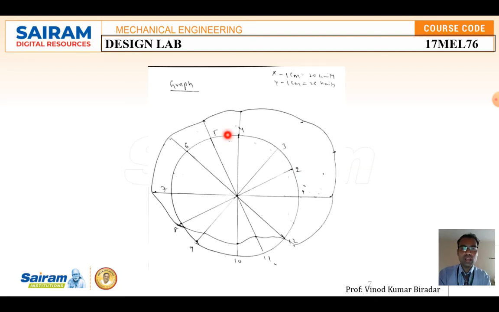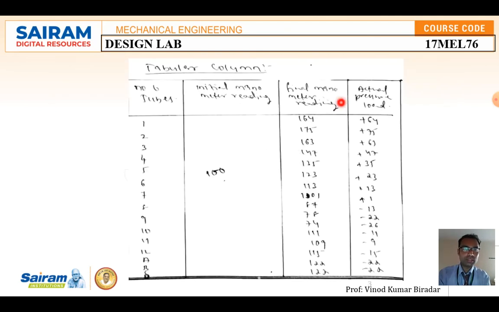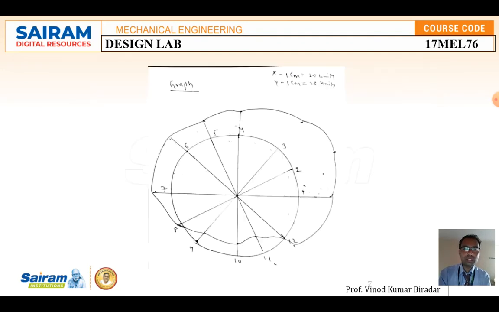Okay, so next, how are these values going to be plotted? Just draw the line and extend all these lines. Here the first value is what? In the first experiment, here 6 is there, 6.4. So at 6.4 you cut one arc on the first tube. On the second line you cut 7.5, and on the third you cut 6.3, and the fourth value 4.3. So for each tube, each pressure head is there, so cut, and finally you join them, and you are going to get this curve. This shows how the pressure of the oil is distributed in the journal bearing experiment.